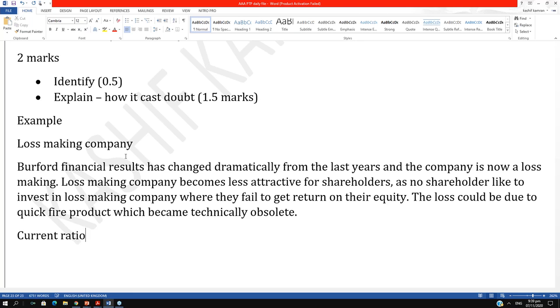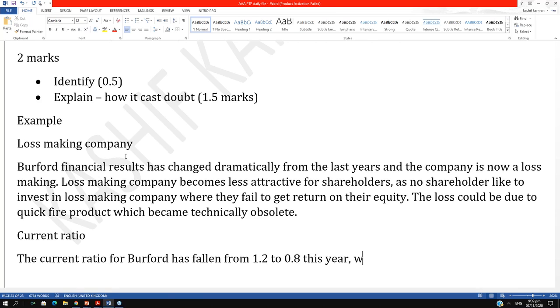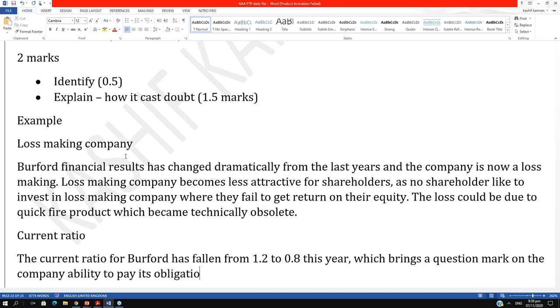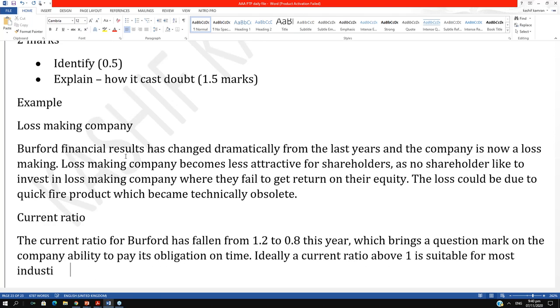Current ratio. And you write in the current ratio: the current ratio for Burford has fallen from 1.2 to 0.8 this year, which brings a question mark on the company's ability to pay its obligations on time. Ideally, a current ratio above 1 is suitable for most industries,